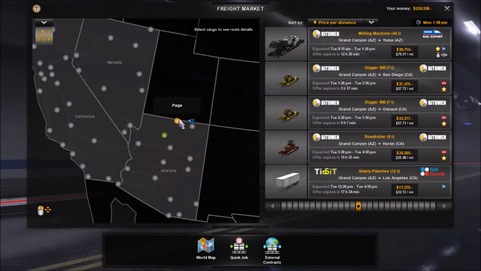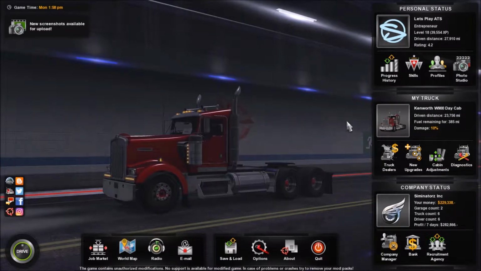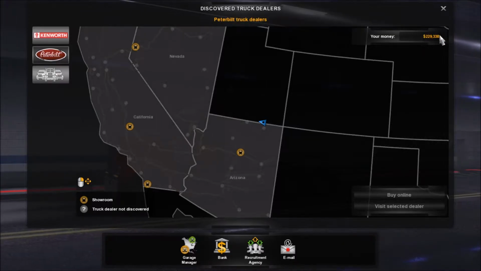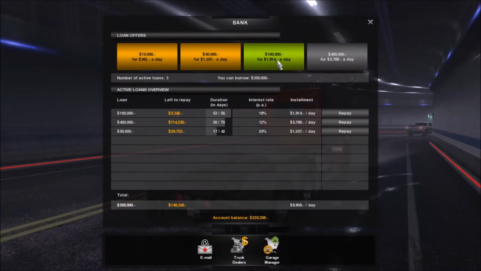Yeah, I'm not really a massive fan of any of these jobs, so what I might do is buy some trucks in this episode because we haven't really got much else to do, and we basically are at 240. What I think I'm going to do though is I'm going to have a quick